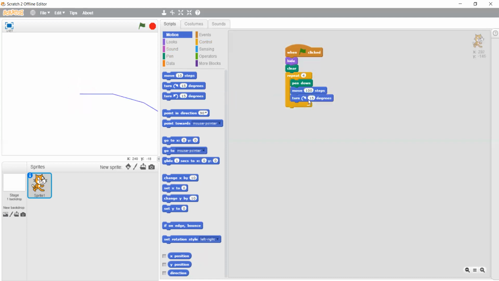So instead of 15, I'm just making it, okay. Yeah, it's not coming. So let's take this one so that it will come back. Yeah, it is right now. It is like this. If you click on the green flag again, we are getting something like this. Now I just wanted to go that way.